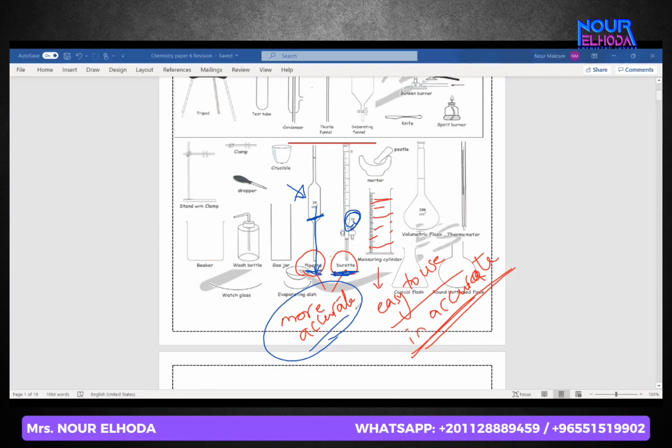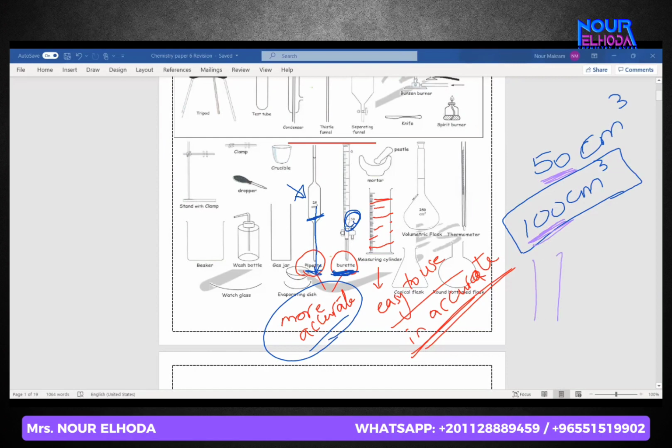Once there was a question in the exam where he did an experiment measuring 50 cm³ of any liquid in the burette. He was asking what's the problem in measuring 100 cm³, and how to solve it. The burette cannot measure more than 50 cm³. I will say the problem is that the burette cannot measure except up to 50. If you want to measure 100, what shall I do? I have two choices.